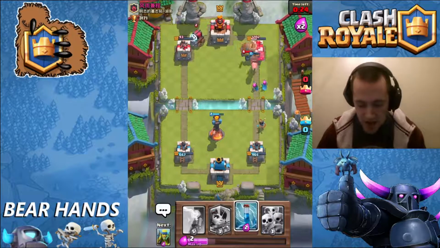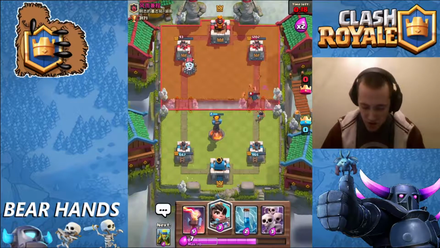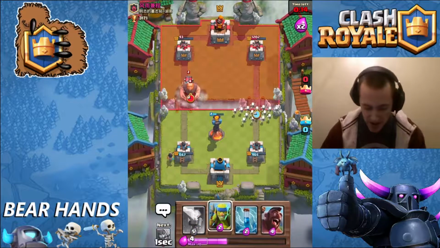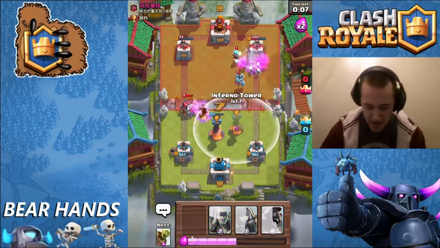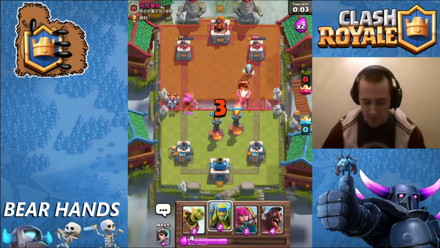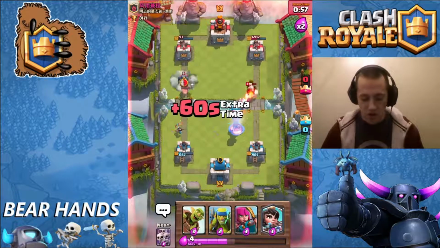Very good placement on a Mini P.E.K.K.A on this side. His Zap is going to come down. Not too concerned with something like this. I'm going to go ahead and get this down. Make sure that his Inferno Tower isn't going to be dealing massive amounts of damage to his...